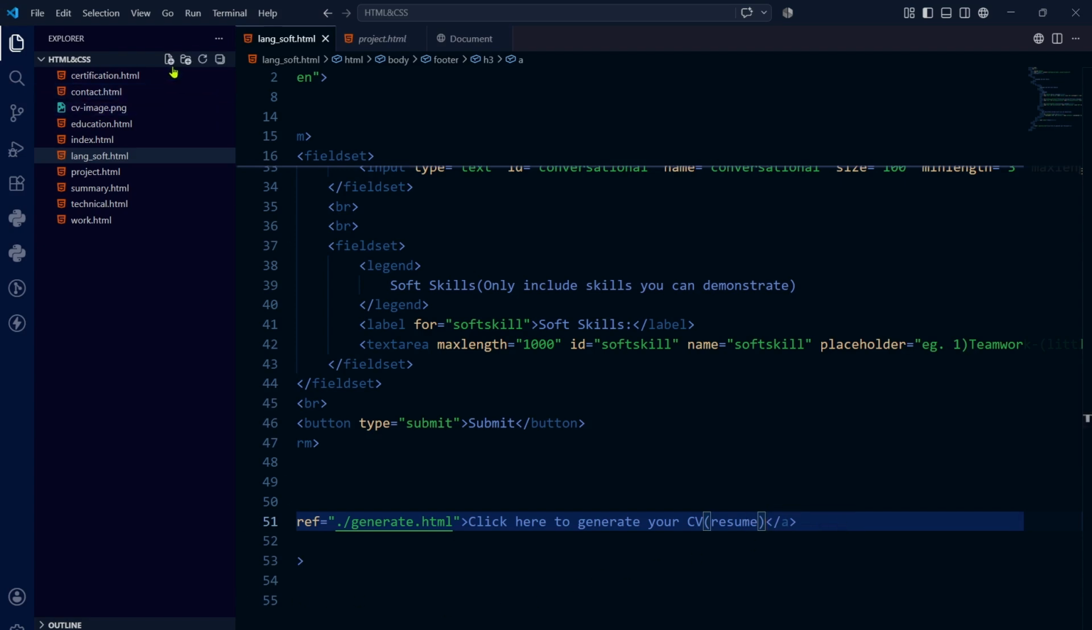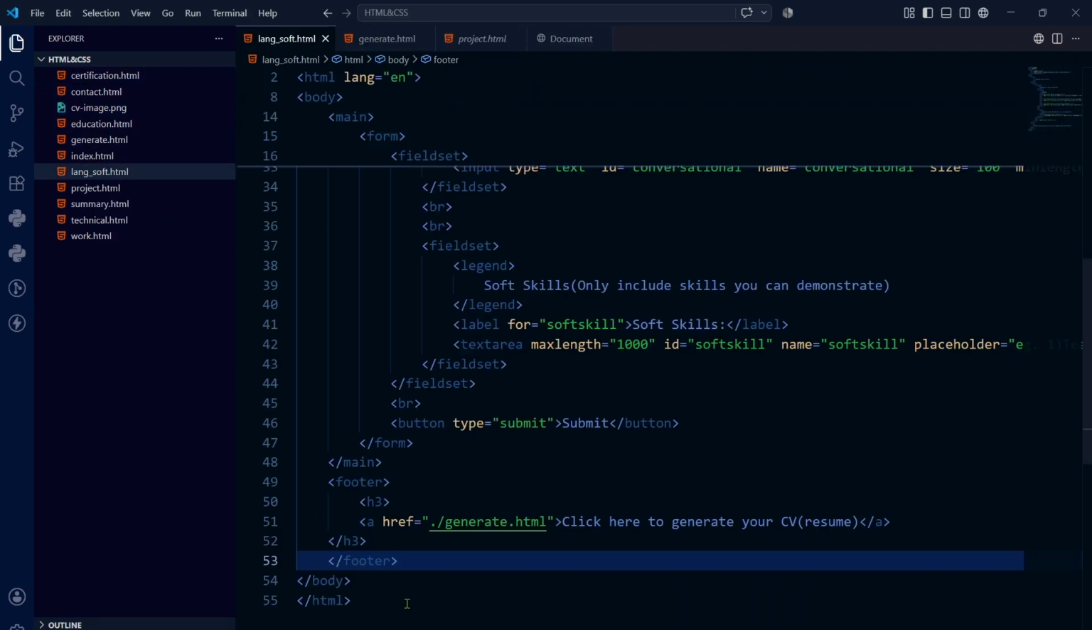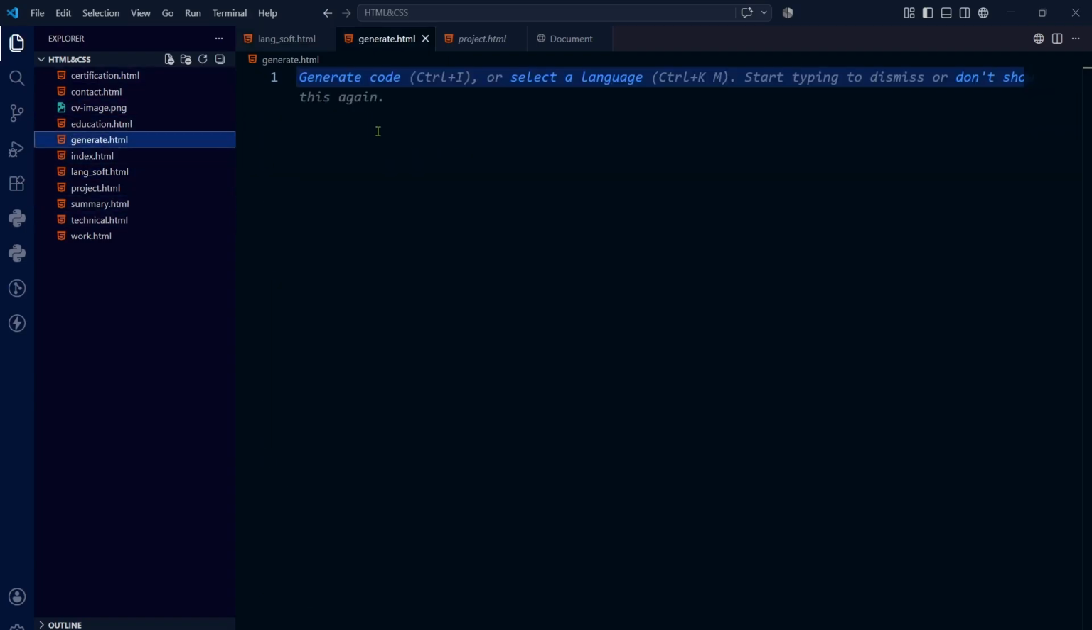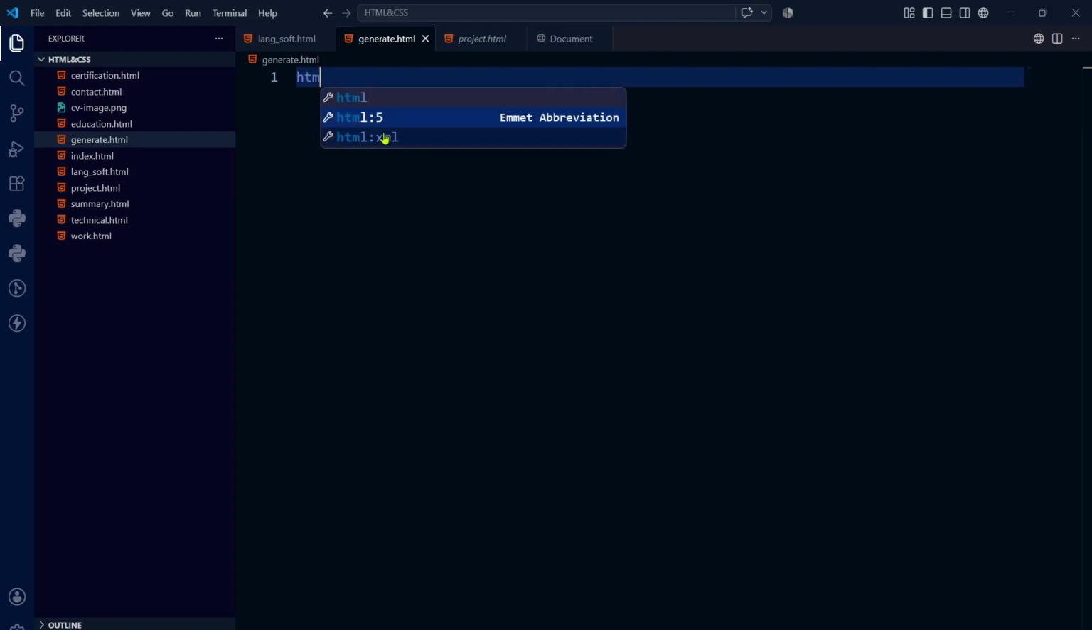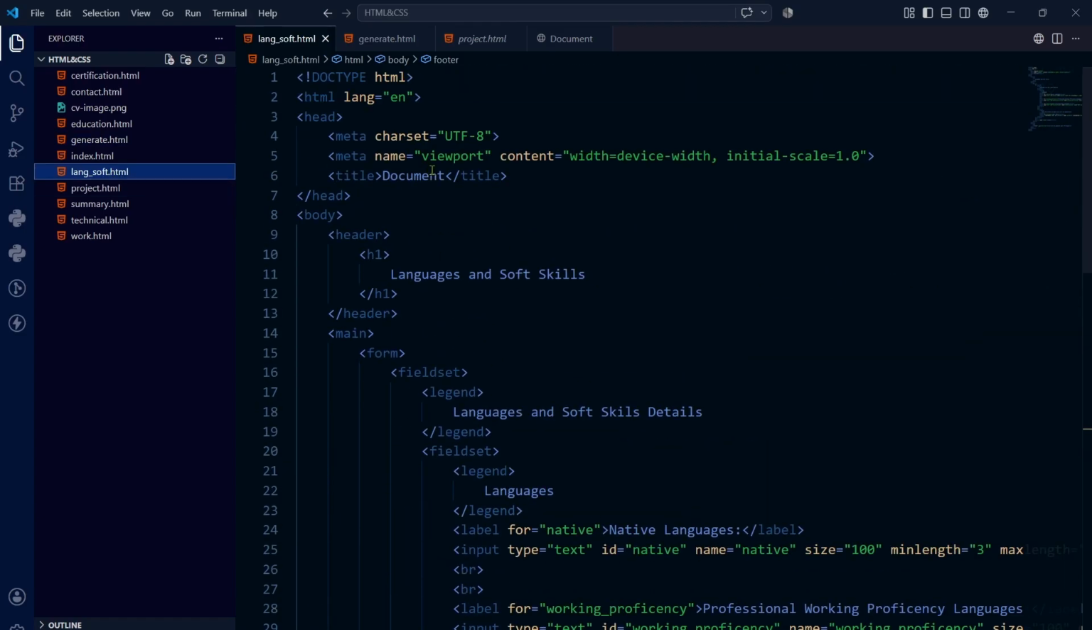Now we'll make one page also: generate.html. Okay, we'll write this also here, generate.html. We have written it. Now it is generate.html. So the first is language and soft skill. I think this is the written document. Yeah, we should make it language and soft skill